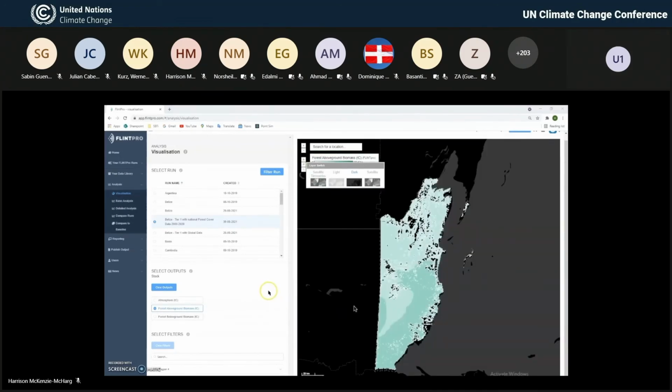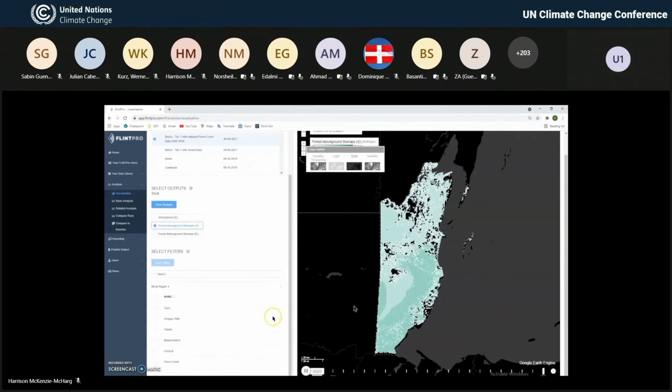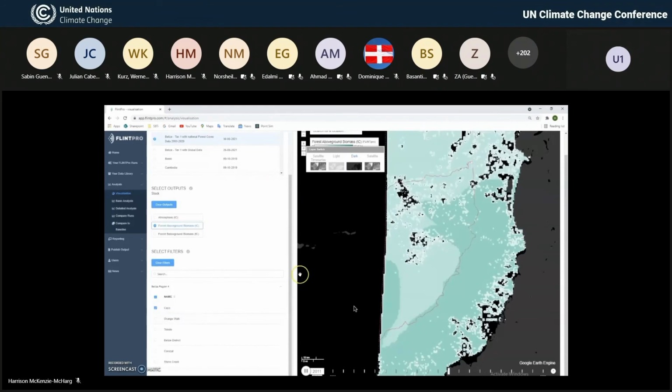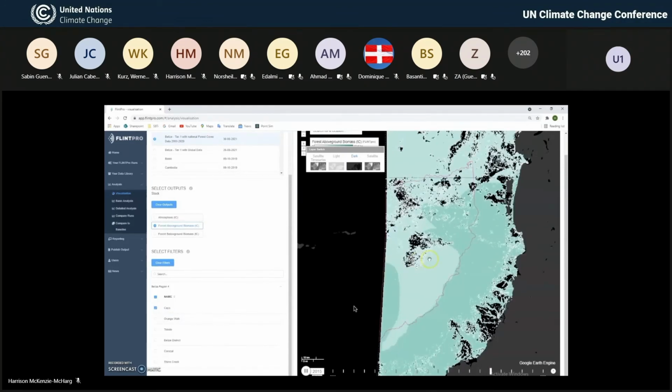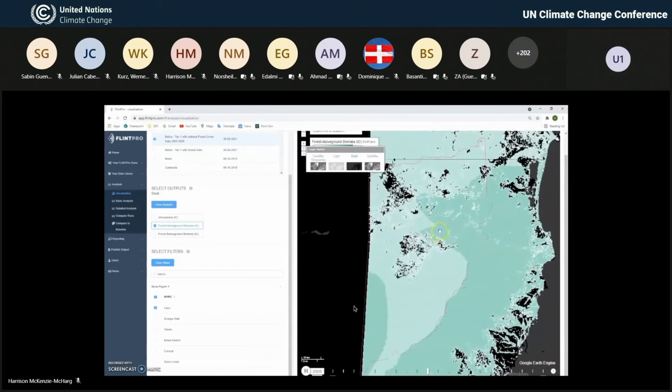So in order to look more closely at these results, what we can first do is apply the spatial filters. So again, this is the AL4 boundaries. And here we can apply the spatial filter that we applied to the temporal data, and it'll appear here on our map. So as you can see, it buffers and the higher resolution data appears as you zoom in. So if we zoom in on this area here,